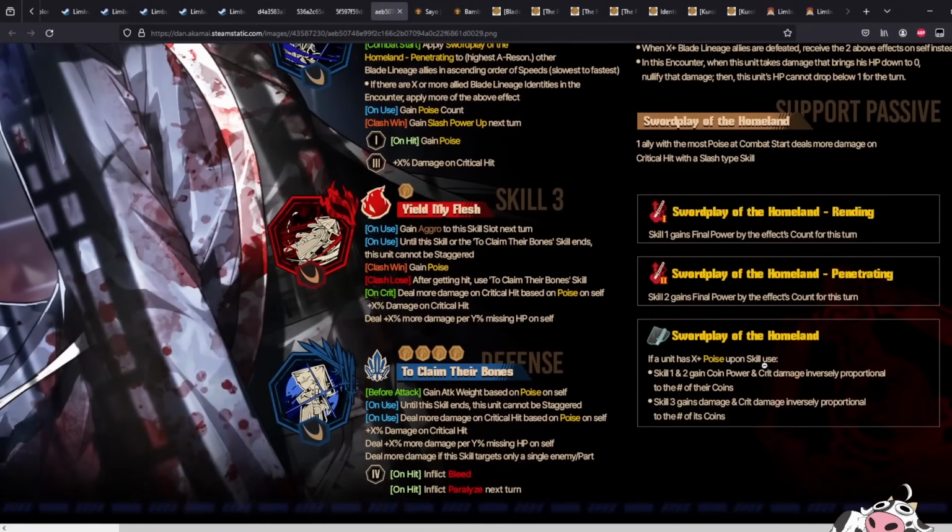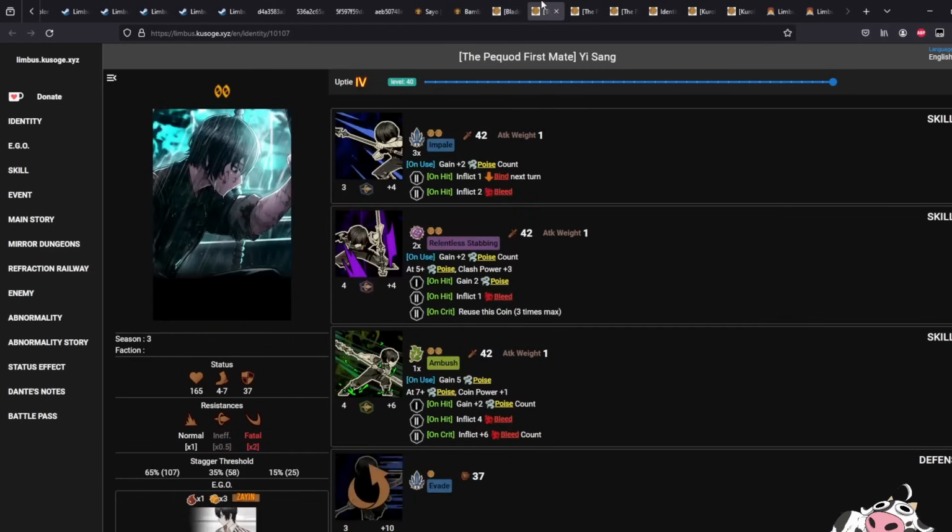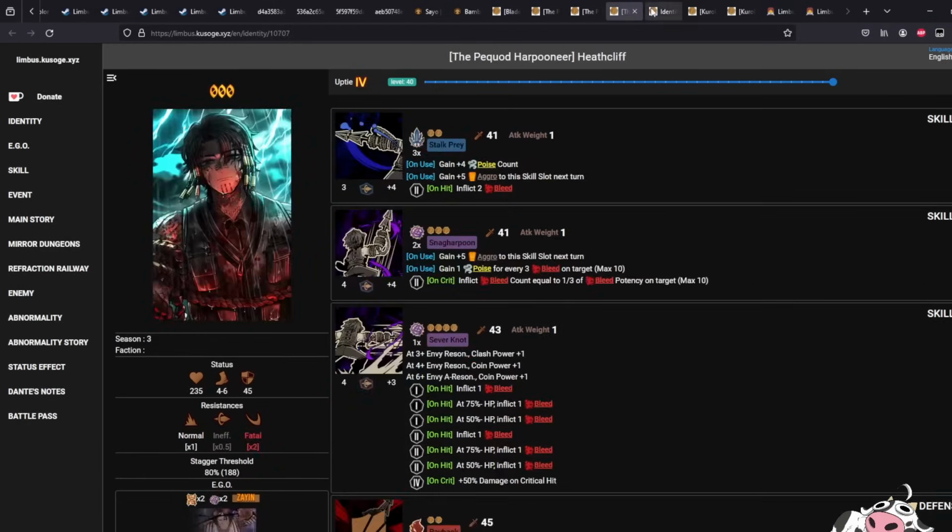So this passive, what is it? It's crazy. If a unit has X plus poise upon skill use, Skill 1 and 2 gain coin power and crit damage, inversely proportional to the number of their coins. Meaning, if your skill 1 is 2 coins, you are going to get more coin power than if your skill 2 had 3 coins. And if your skill 1 was like a 1 coiner, let's go look at...